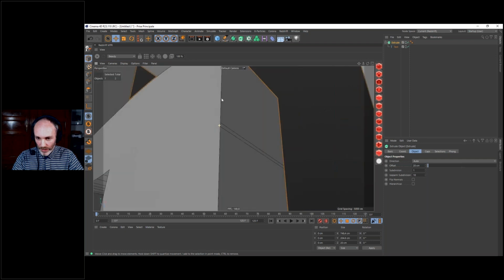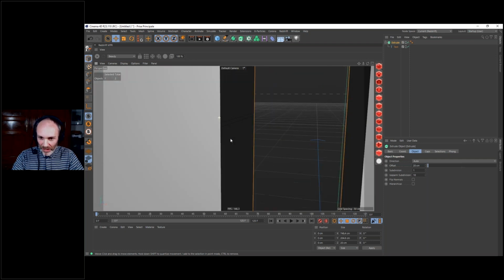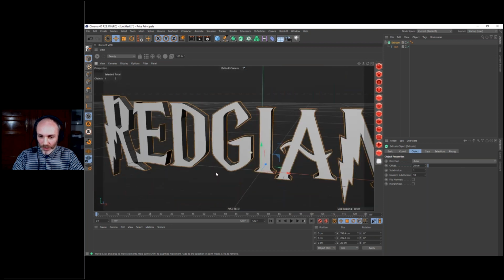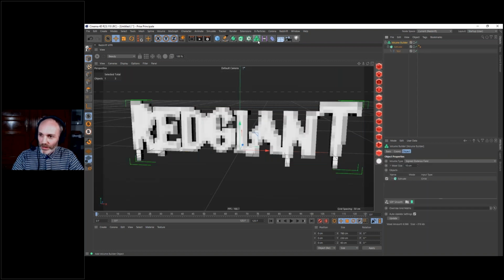This is an amateur font, not professionally made, but we don't care because we're not going to use those polygons. We're going to put that right inside a volume builder. We have run some wonderful sessions about the volume builder that the team has, and I would really suggest you watch those because they are full of tricks.